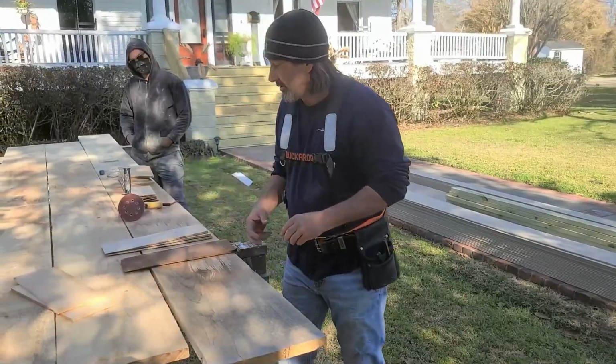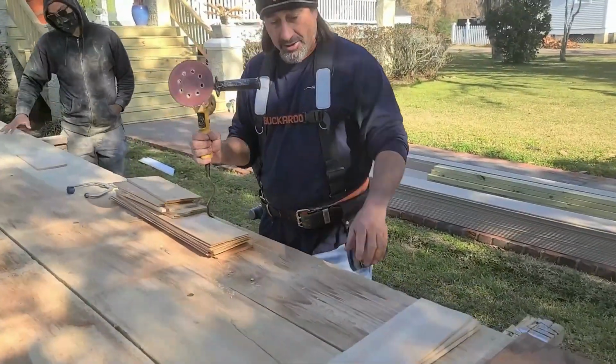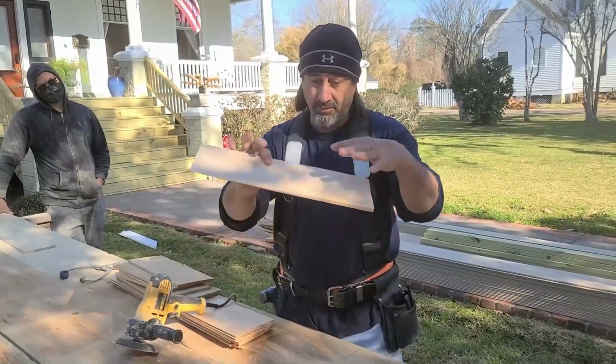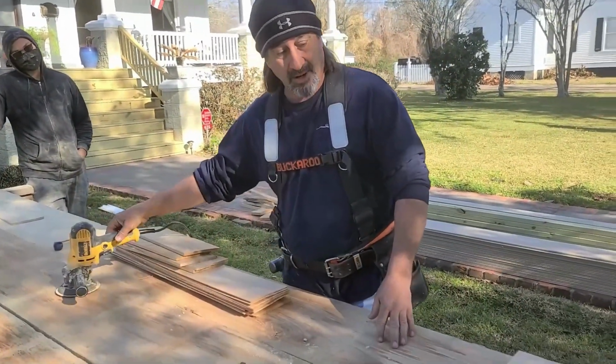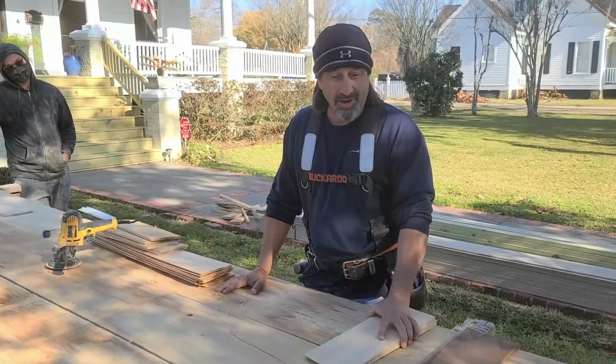Not for the faint of heart. Watch your fingers. And then we take each section with a hand sander and sand off this bevel. Now I'm sure there's a thousand different ways to do this, a lot easier, a lot better. This is the tools we have on hand, this is the materials we have on hand, and this is the